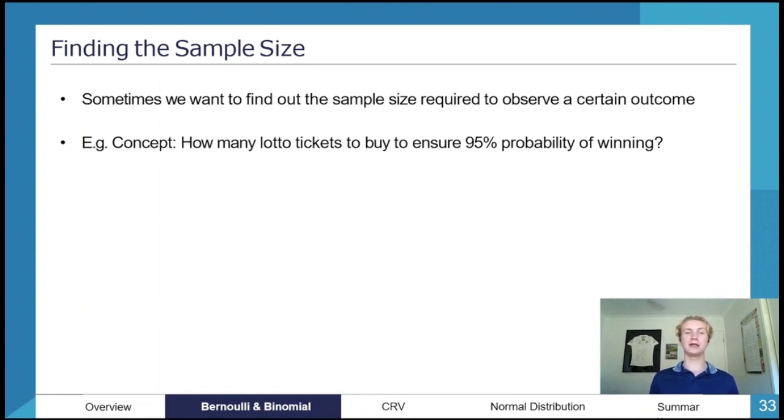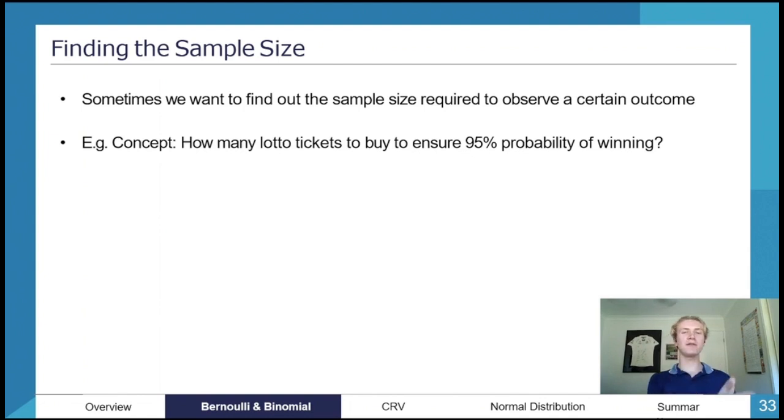So an example would be, how many lotto tickets would we need to buy to ensure a 95% probability of winning? And if you were just given this question, by the way, you would not be able to answer it. That is not something you would have to answer. The reason is that you're given P of x equals 0.95, and you're trying to find n. However, we haven't been given what? We haven't been given r or